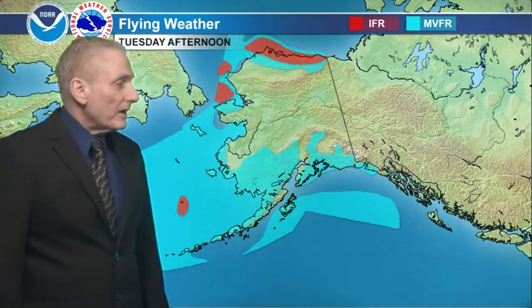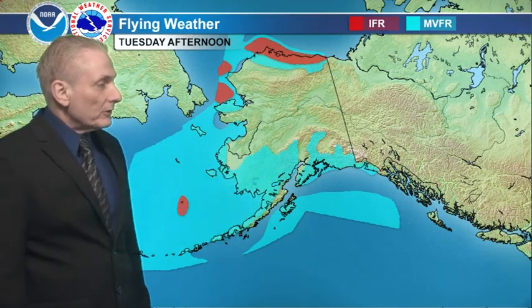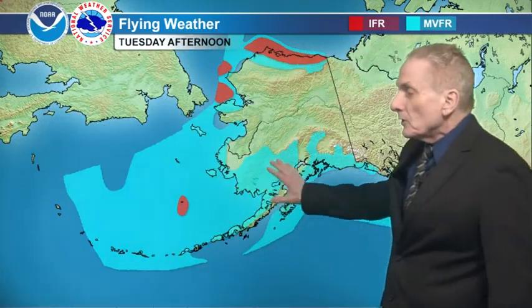and southern half of the Panhandle VFR, northern half starting out with some IFR up north, which becomes VFR across the entire southeast coast in the afternoon tomorrow. Marginal VFR up along the coast. Prince William Sound possibly looks like to about the Chugach Range northward there into the Talkeetnas, but interior looking really good. IFR central eastern Arctic coast. Marginal VFR out west here, especially over the Kuskokwim Delta, Bristol Bay, in across the southern Kuskokwim Valley to western Cook Inlet. Marginal for Kodiak Island,